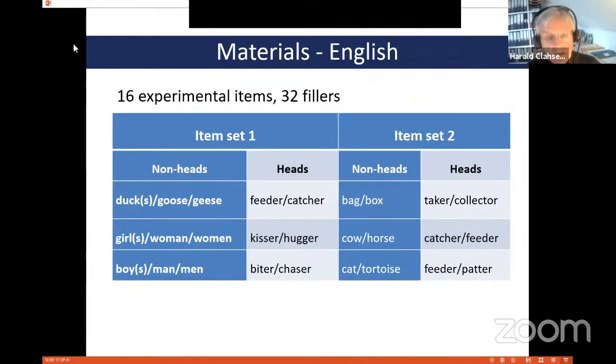Okay. Here are the materials for the English experiment. Item set 1, the ones on the left, manipulate the morphological properties of non-heads inside compounds. So you get regular and irregular plural nouns and corresponding singular forms. And item set 2 manipulates the surface form properties of the non-head. So whether the non-head ends with an S or Z sibilant coda, or a non-sibilant coda. So something like bag versus box, or cow versus horse, etc. The critical pairs, for example, duck and goose, or a bag and box, were matched for length, frequency, and also